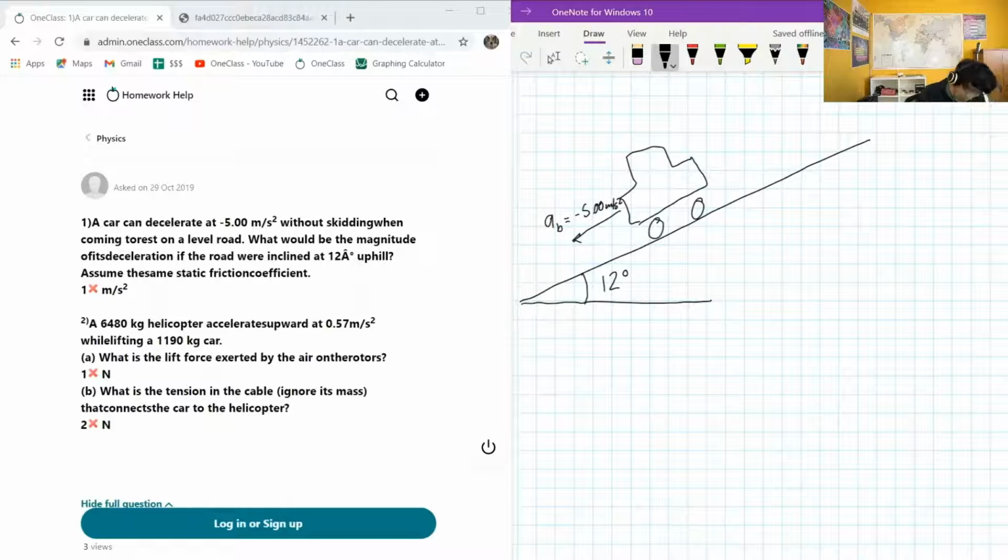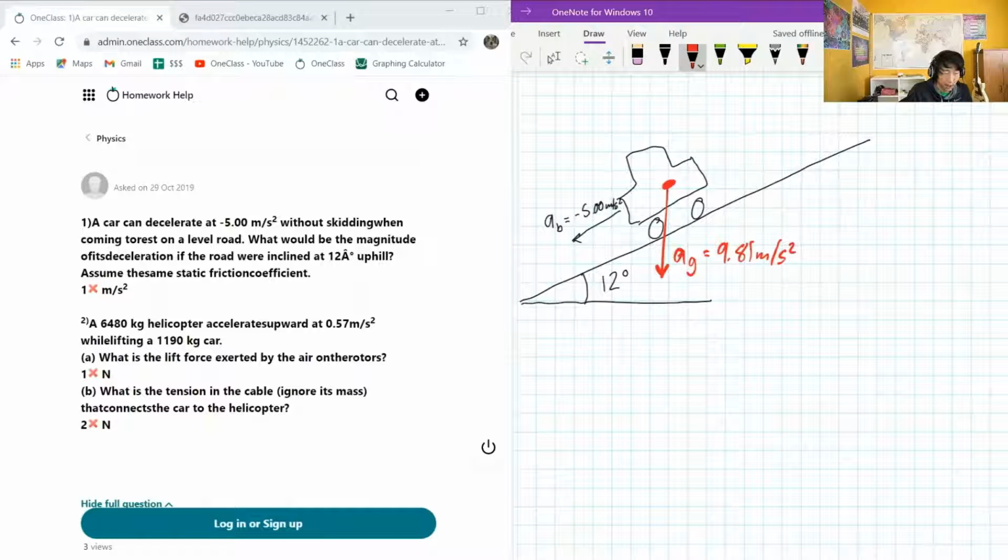meters per second squared. But because we're going uphill, we know that gravity is also going to provide, to a certain degree, a little bit of deceleration that is also going to go down the hill. Now, gravity is accelerating straight down like this. So maybe I'll do that in red. This will be AG, which is equal to 9.81 meters per second squared. Okay, but